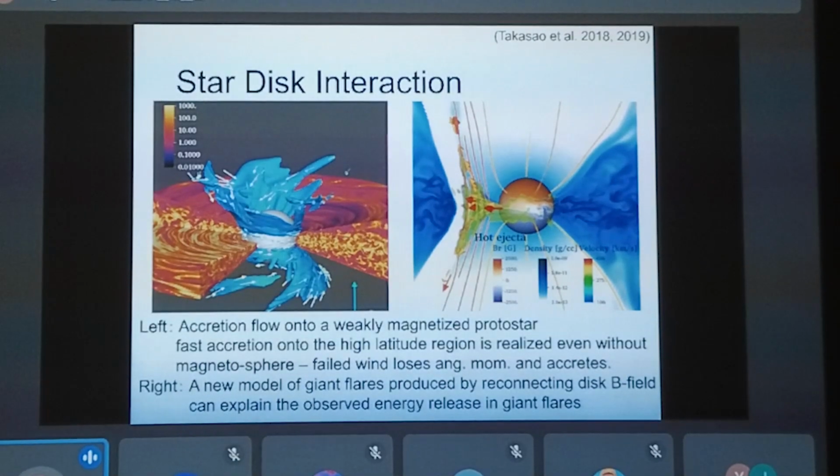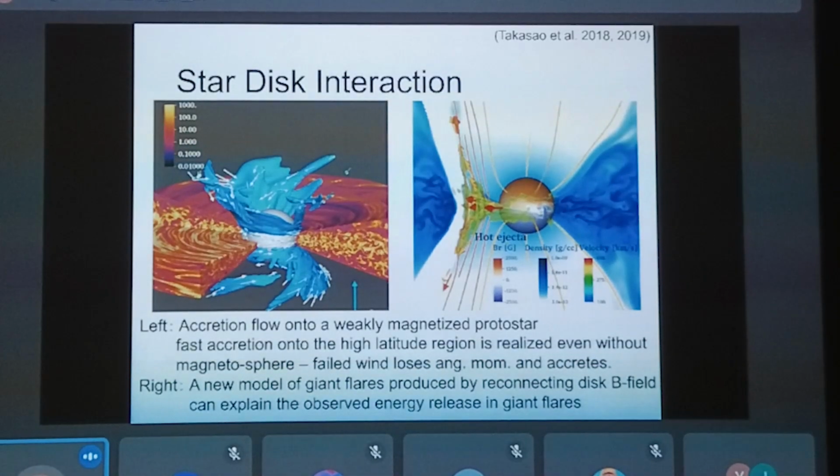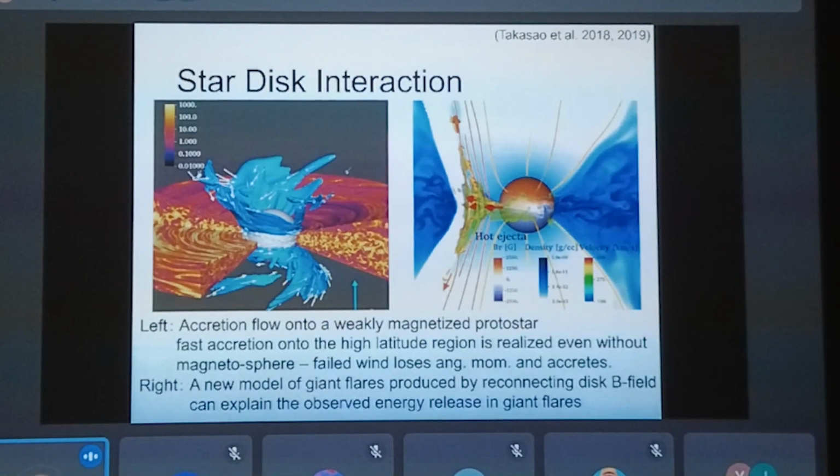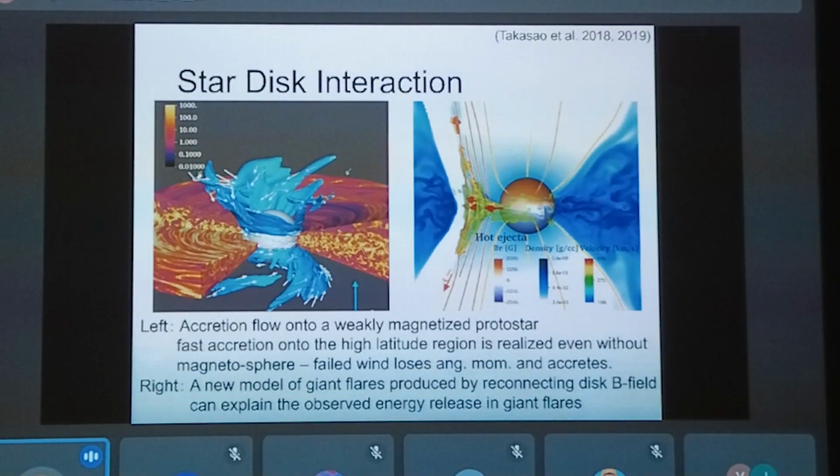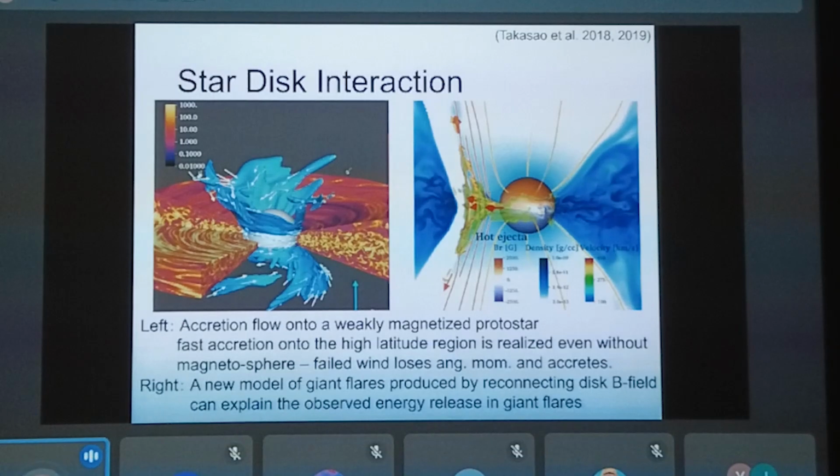These are considered flares from the protostars, but protostellar flares are actually much larger than solar flares, larger by, say, 5 orders of magnitude or even more. So it is not trivial how